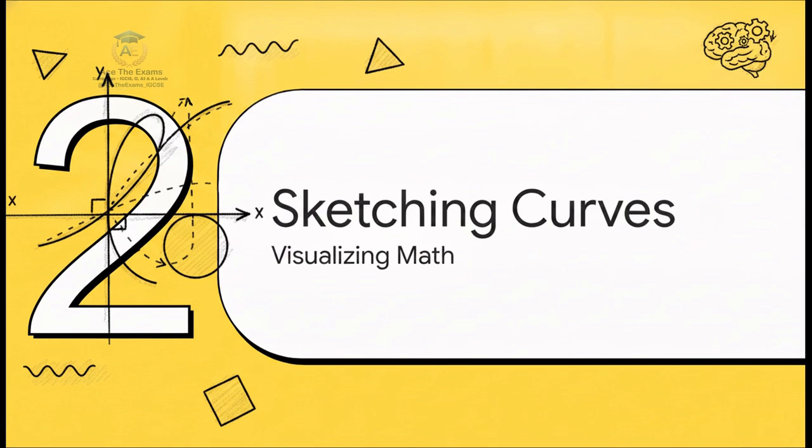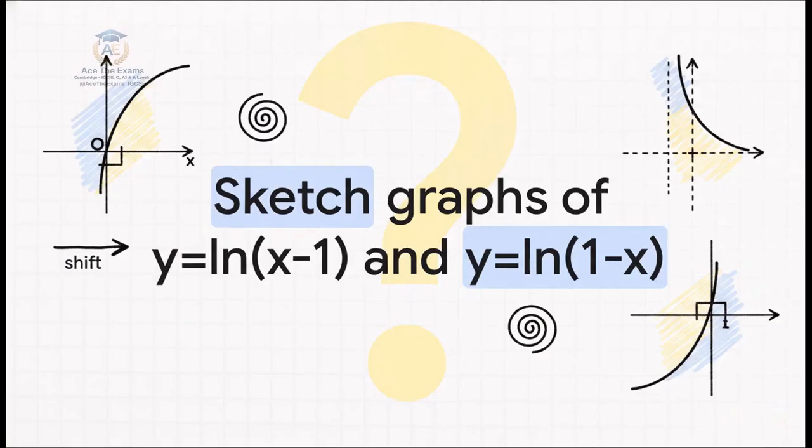Moving right along, let's pivot to Zone 2, sketching mathematical curves. Let's see how visual analysis builds up your spatial reasoning. Question 9 asks us to sketch these 2 related logarithmic curves, identifying their asymptotes and figuring out exactly where they intersect the coordinate axes. Sketching a natural log function like y equals the natural log of x minus 1 requires